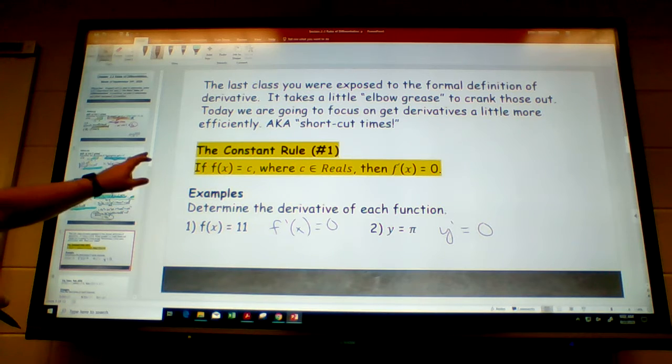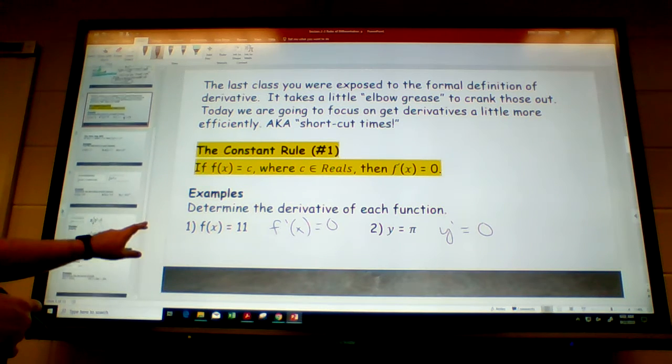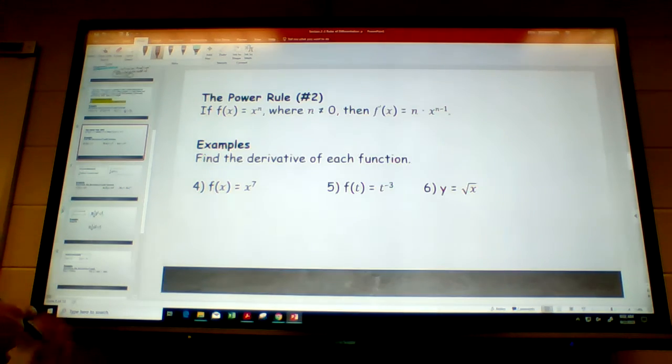All right. And you can do the formal limit process, but you'll still get 0. Okay. Now,